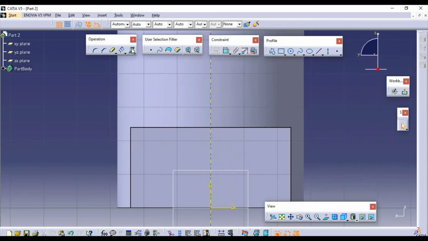At first we will use the Projection option and take the edge of the part where we need to make our circle. Then select the Circle option, and you will get the center point. Now we will draw the circle and give the dimension.